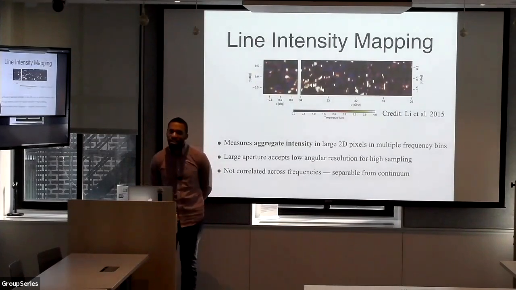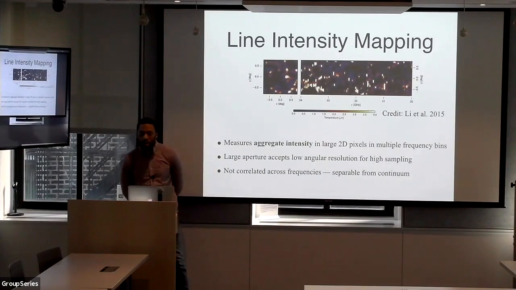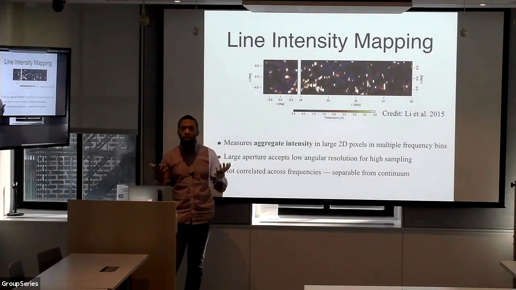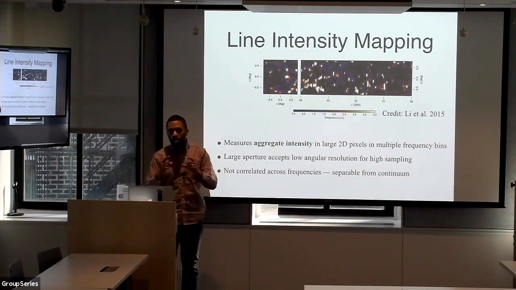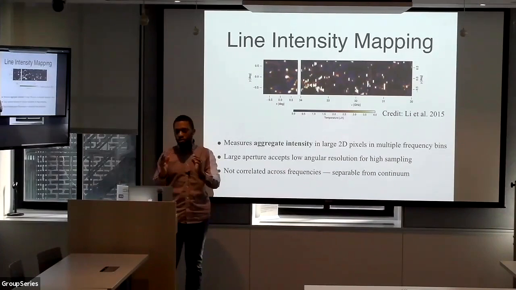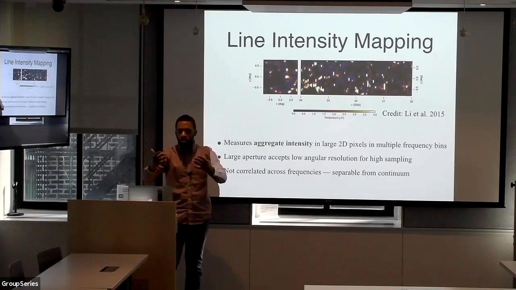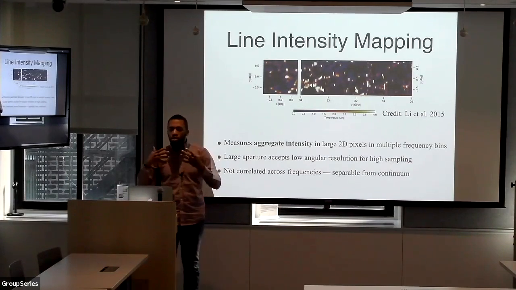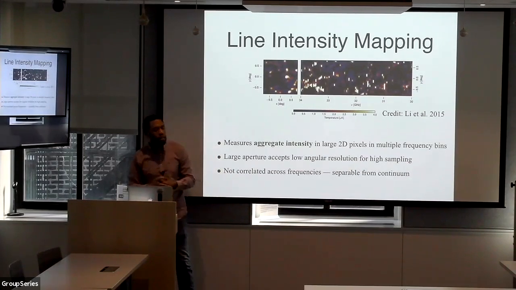Well, a method that has been in vogue now is called line intensity mapping. Line intensity mapping is the idea that you measure the aggregate emission within relatively large angular pixels, on the order of arcminutes or so. The idea is that in each pixel you have hundreds of galaxies, and you can see all the emission, and you can look all the way out to cosmic time. That allows you to map the sky fast and to see out much farther back in cosmic time.